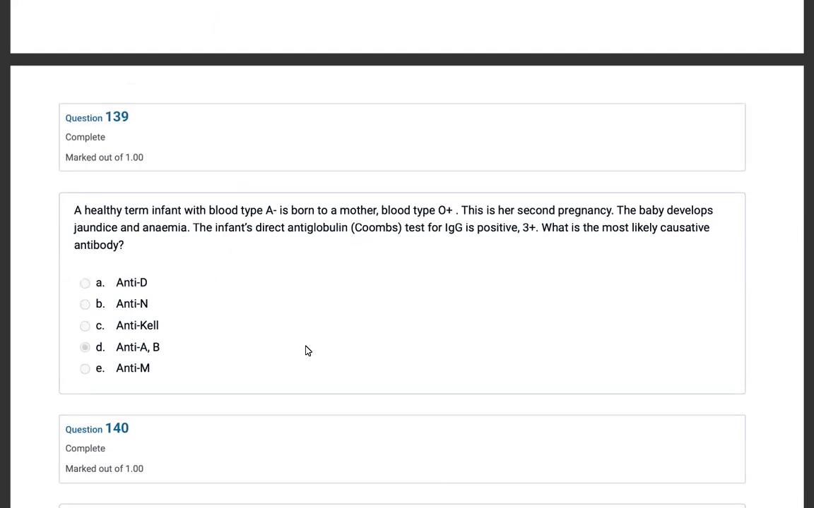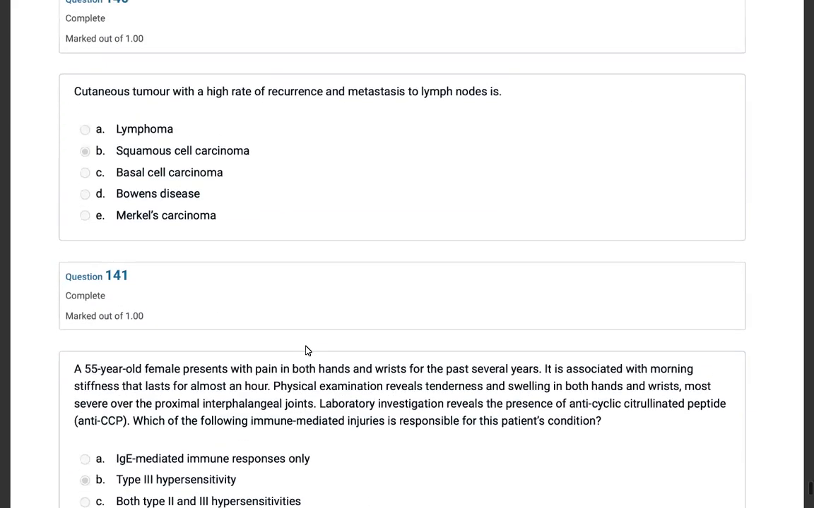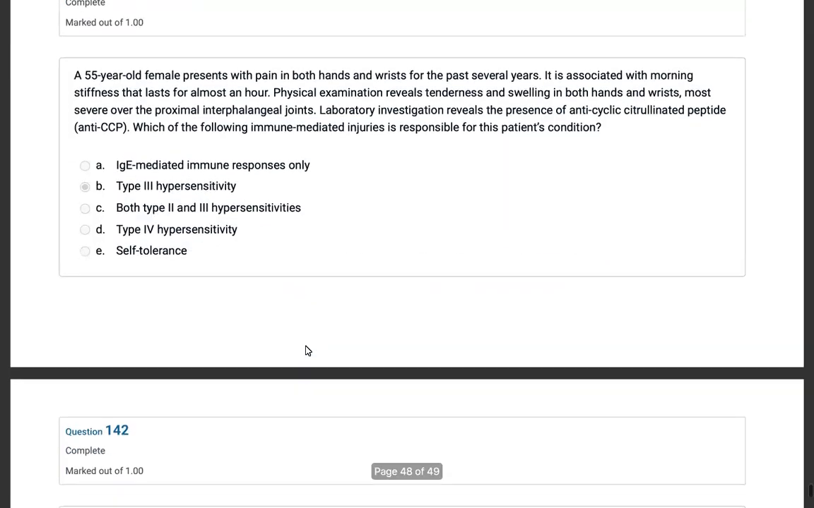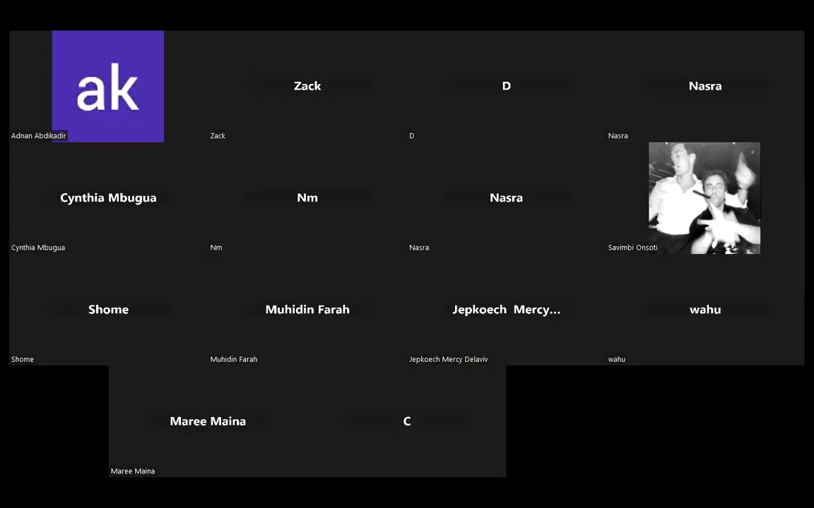Okay, hii tumeshajibu. Tumesema ni AB, anti-AB antibodies. Sasa, I think that's the last